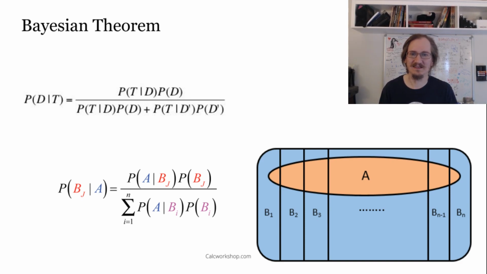Now, this is an amazing result. One of the things that you have to keep in mind about this result is that when you have this partition, these partitions can't overlap, right? B1 and B2, they don't overlap at all, right? Otherwise, if you had an overlap, you would count some part of the space twice when you summed them up, right? But this is a partition where there's no overlap,